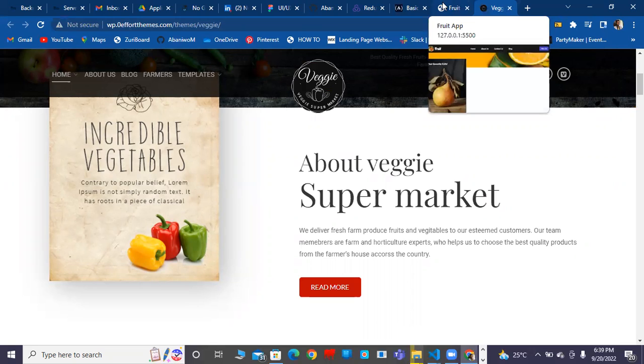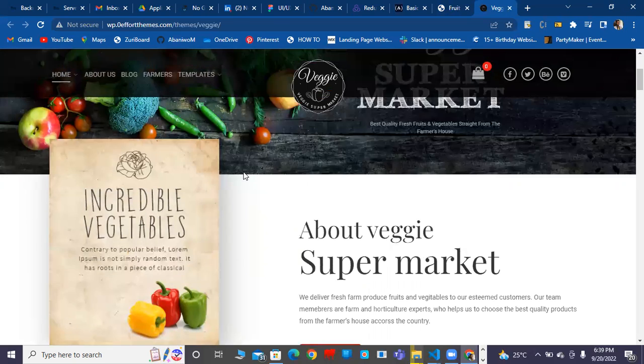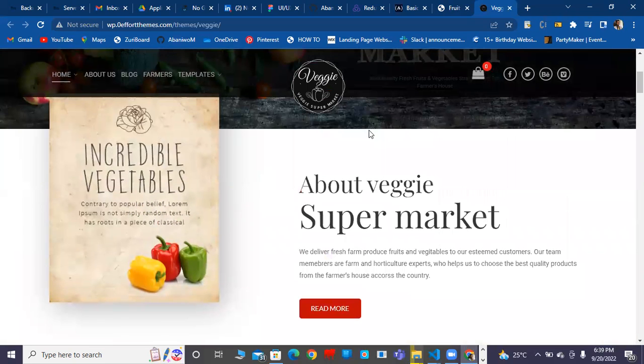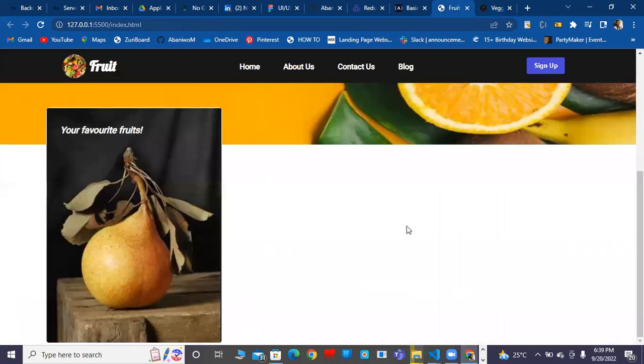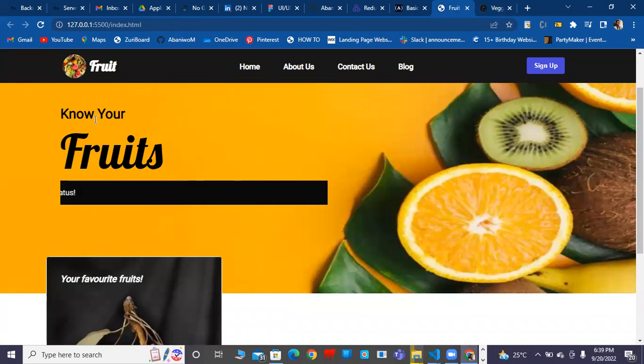About our fruits. Or should we say about... okay, we're not selling food, so it cannot be food store. So we're just giving information about fruits. Yes. So about our food. Okay, I think that is cool. That is about our food. So instead of wasting much time, since we have the code for this, we can just